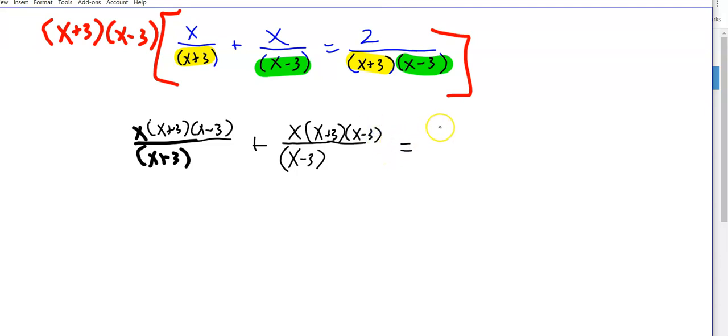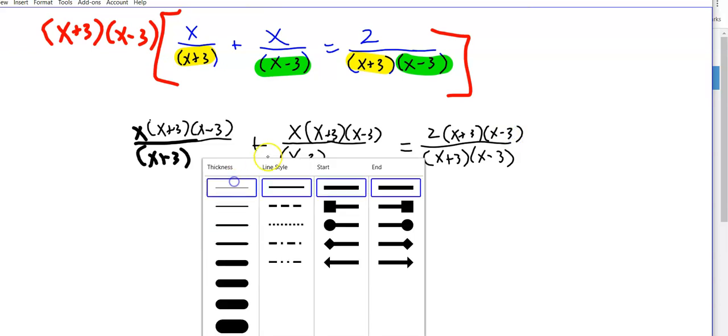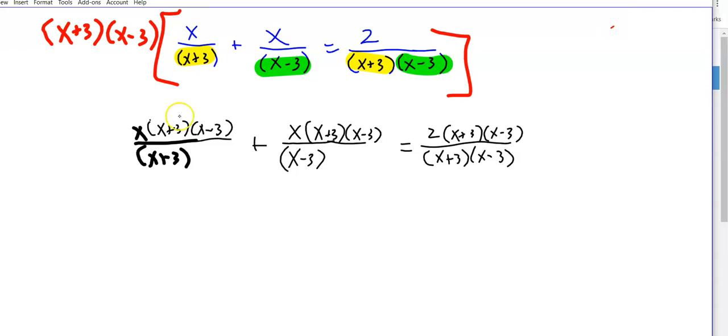And then 2 over x plus 3, x minus 3. I'm going to multiply that by x plus 3, x minus 3. Okay, so again, a lot of people skip the step after they get used to what's happening here. Obviously the x plus 3's go away, the x minus 3's in this one go away, and the x plus 3 and the x minus 3 go away there,